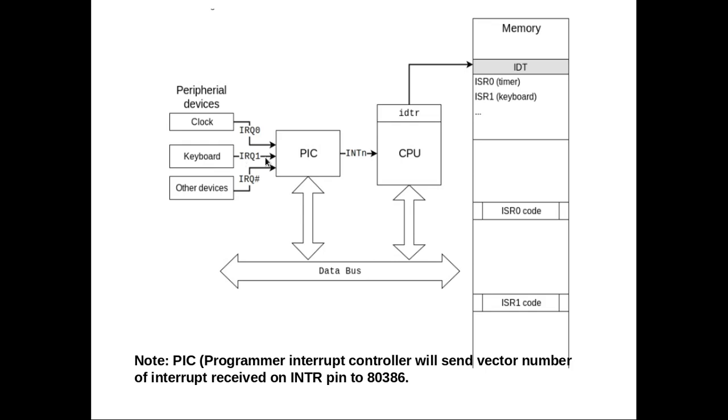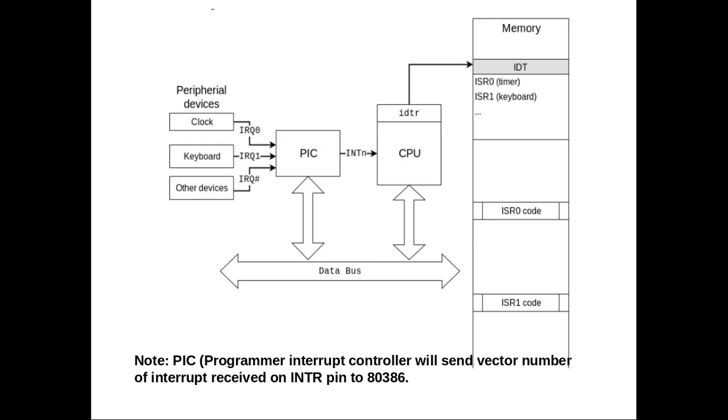Now the interrupt request line of this keyboard is connected to PIC. So whenever this particular interrupt request line becomes active, PIC will come to know that keyboard is requesting service of microprocessor. Then PIC will convert that interrupt request into the vector number. What is vector number? Please don't get confused. It is the number assigned to each and every interrupt. It is the number assigned to each and every exception.